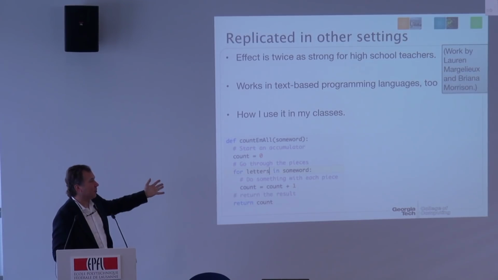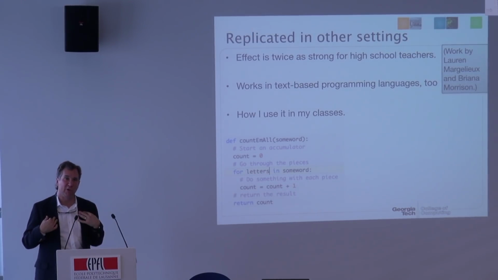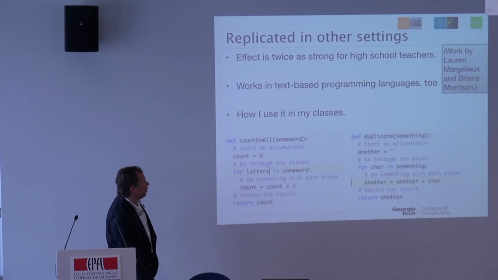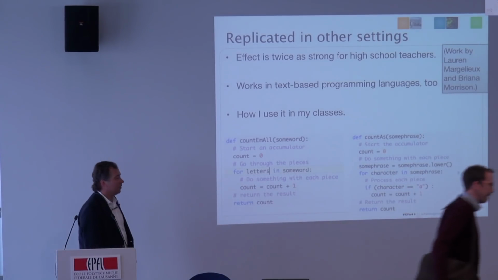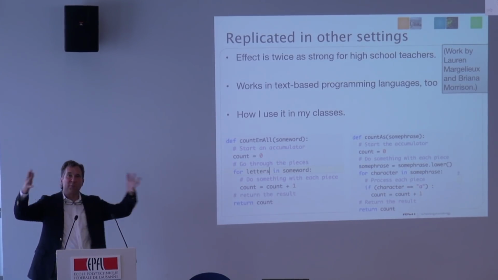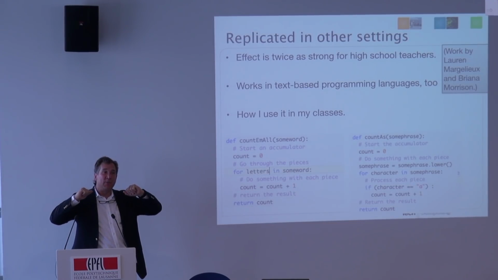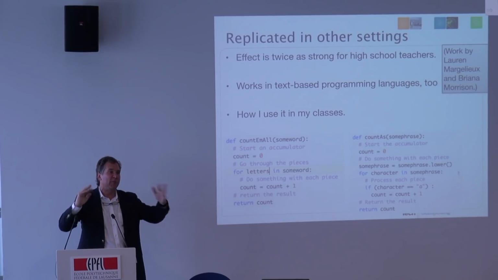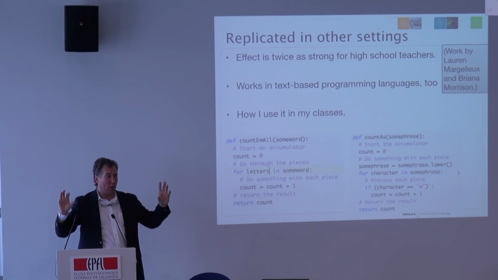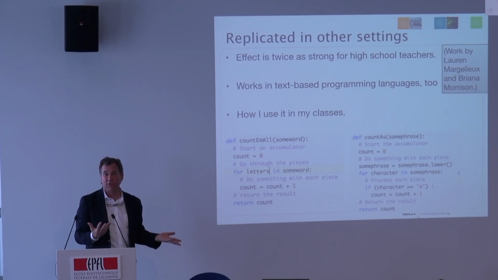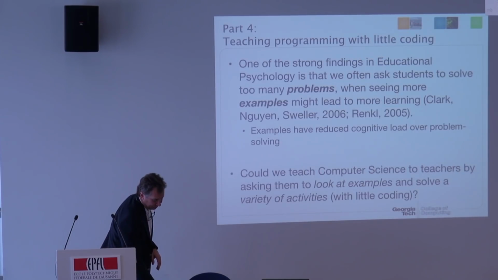And then how I use it in my class: when I'm teaching my media computation class, I put in comments that appear the same on multiple different pieces of code. So the idea is that these sub-goal labels go across multiple programs. Sub-goal labels are not something which we typically do in computer science. We do comments, but this idea of a sub-goal label should be something which crosses multiple programs and is replicated exactly the same. That's a really powerful idea, and the results are just striking about the impact of it.